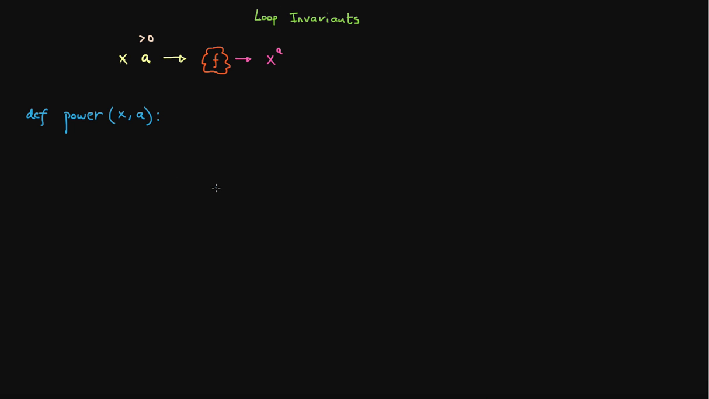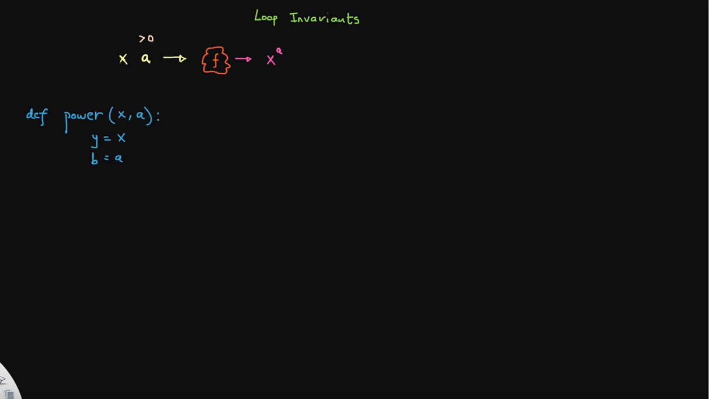In order to phrase my loop invariant, let's create two local variables, y and b. I'm going to say the local variable y is equal to x, and then my second local variable b equals a. Given my two local variables y and b,